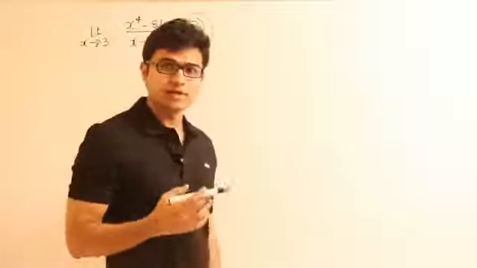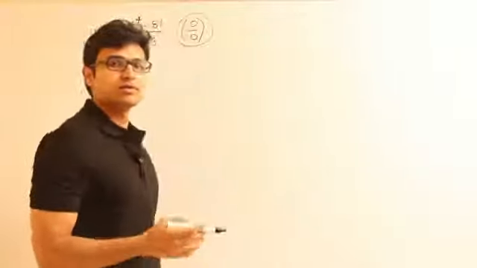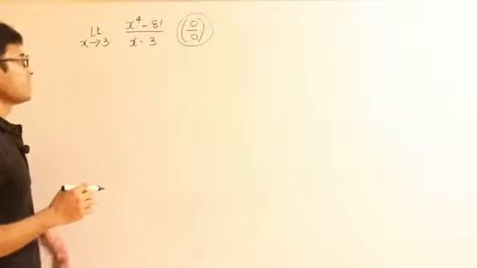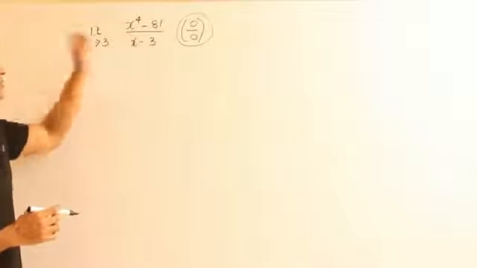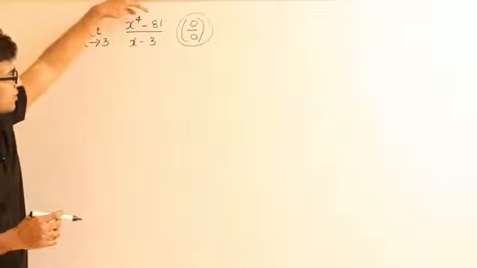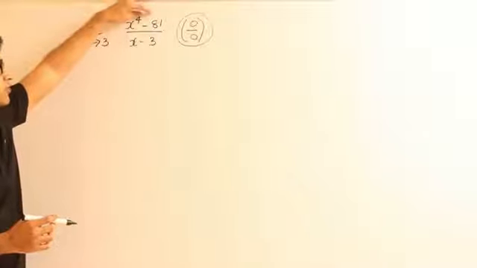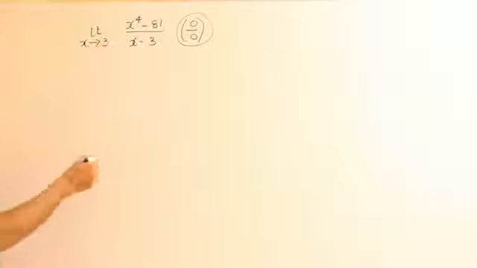Therefore, we are supposed to change the form in such a way that we will get some value. So let's use the method called factorization. See, one simple clue is, whenever you substitute 3 here, it is giving you 0. Whenever you substitute 3 here, it is giving you 0. What does that mean? It means that x minus 3 is a factor in this as well as in this. It is clearly visible here, but it is not visible here. Therefore, you can use normal division, you can find it out, or I am directly writing it.